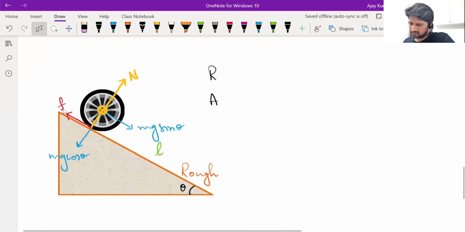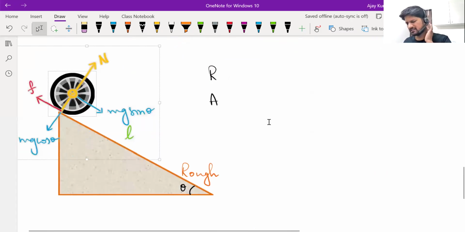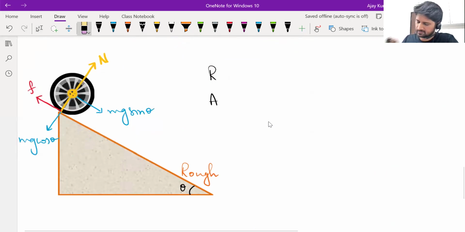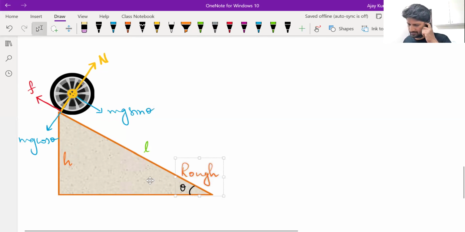Let's say this object is initially at the top of the incline. Top of the incline, it is released from rest. Length of the incline, let it be L. If length and angle are given, height is indirectly known. So H or L, any one of them will be given. Fine. Now the object rolls from that position